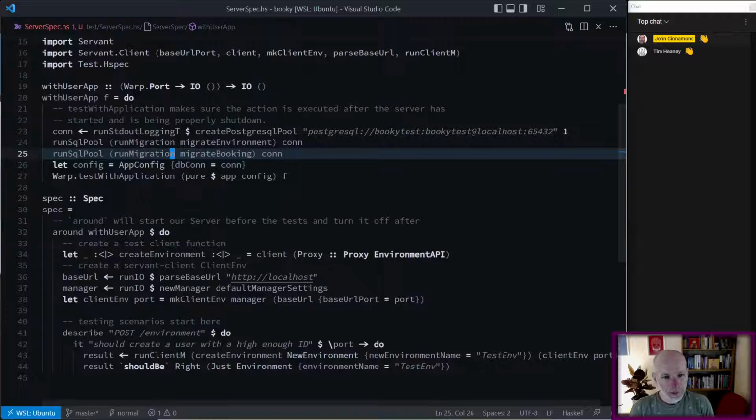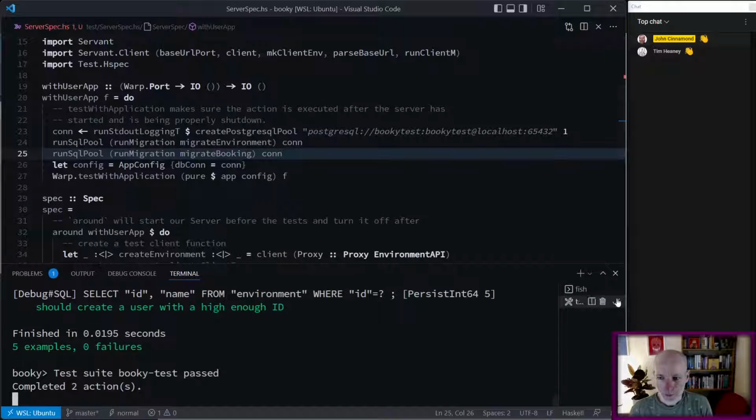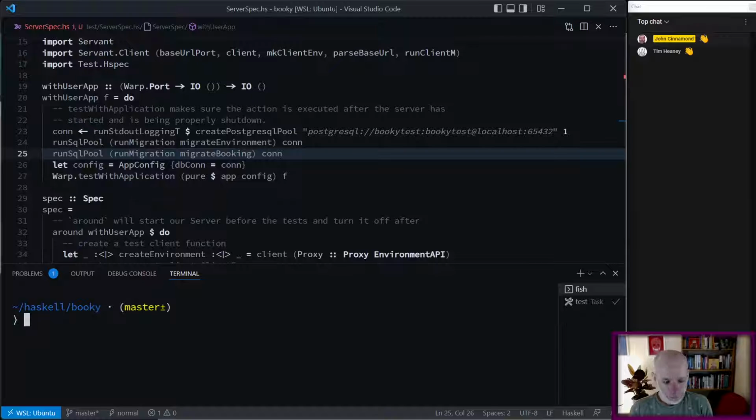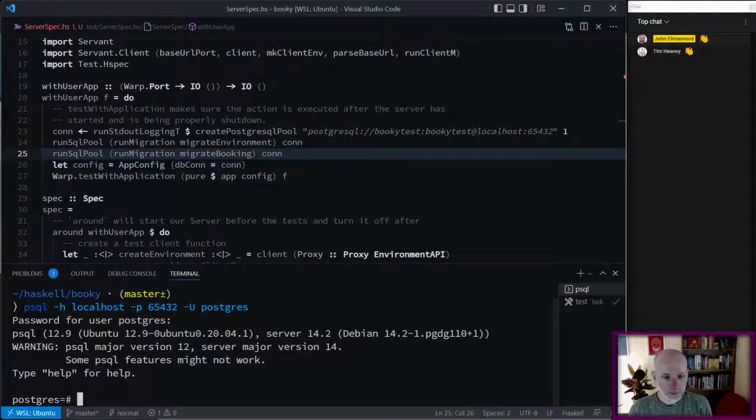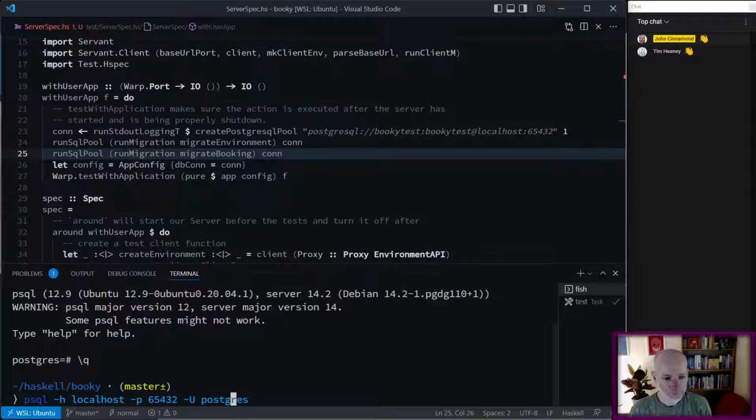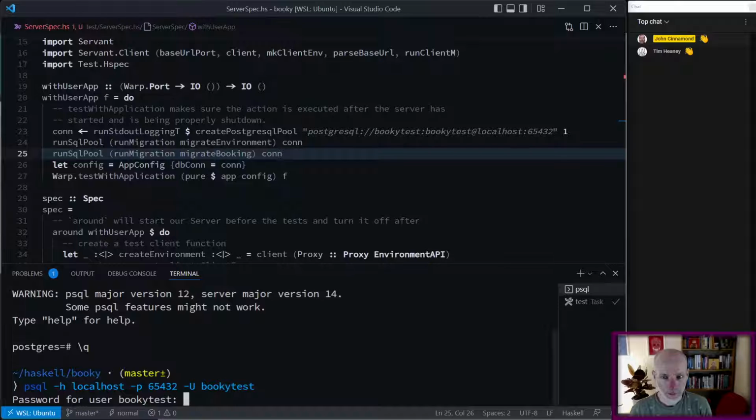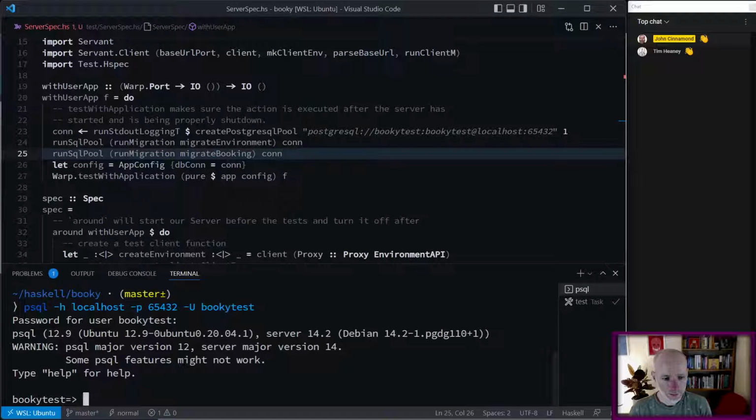So let's maybe look at some cleanup before I go any further, because I don't want to leave a mess behind. Got a shell here. Do I want to connect as Postgres? I guess I could do. I'll actually be able to connect as bookie test, I think. Oops, bookie test. Okay, so